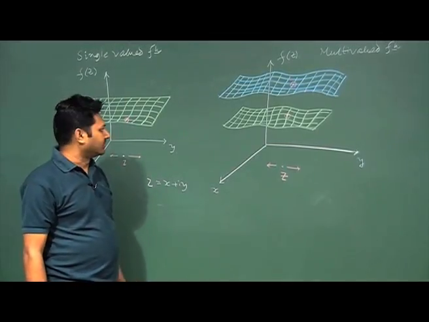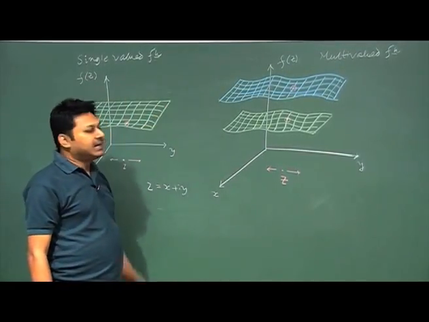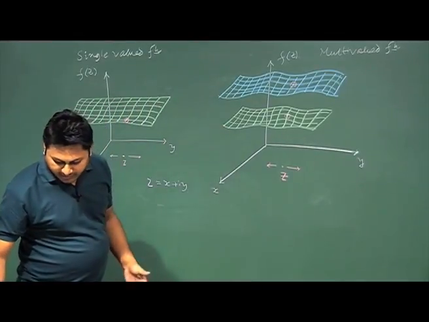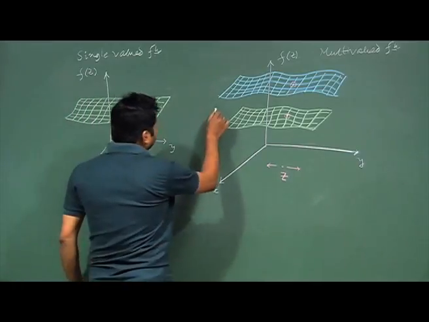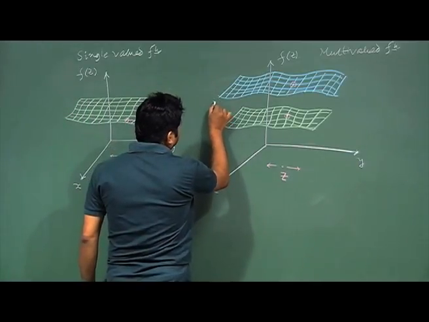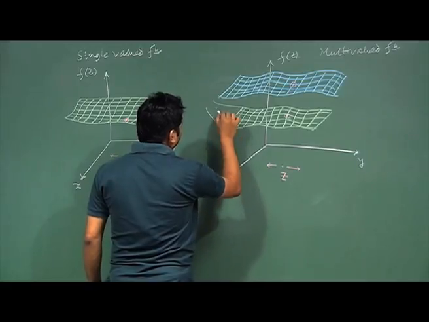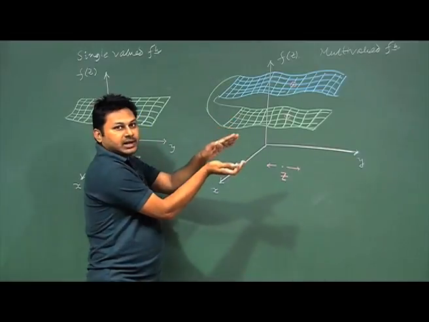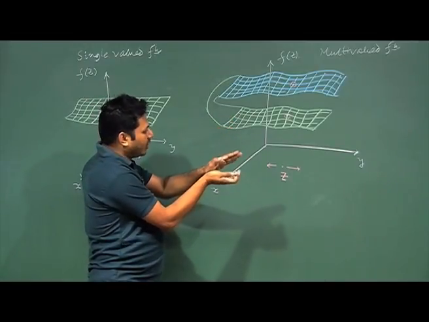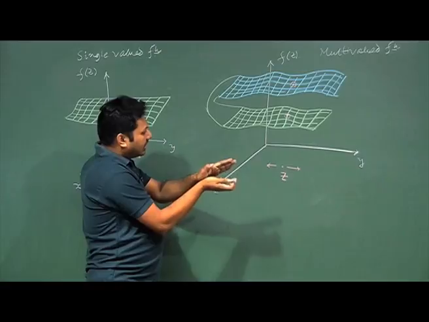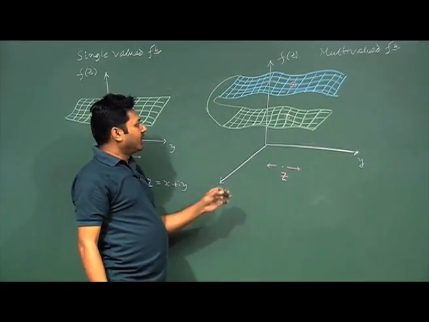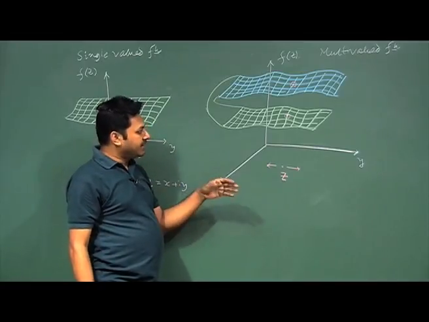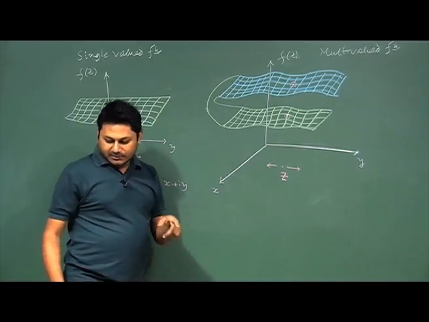It depends on the function, they are merged to some point in a complicated way. For example, if I extend these things for some value of z, they will merge to each other. I do not know in which way it is going to merge, but maybe it is something like this. There is a common point where the two values are the same. That common point is called the branch point, and if there are many branch points, they are called the branch line, because we are making the line.